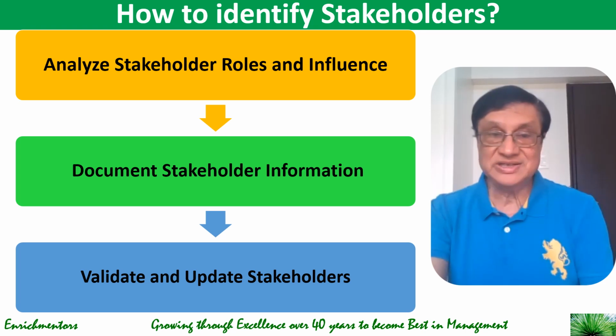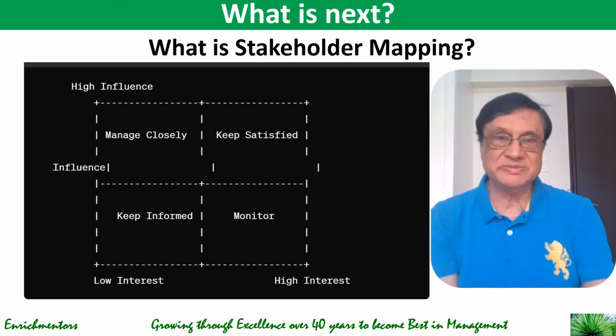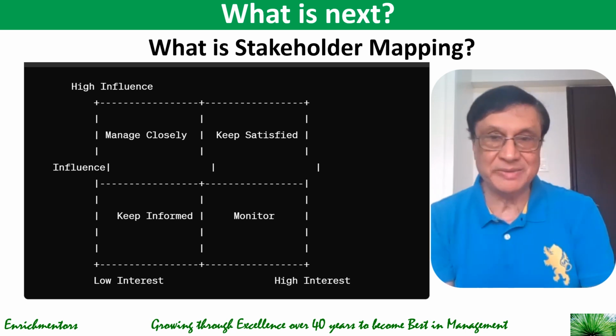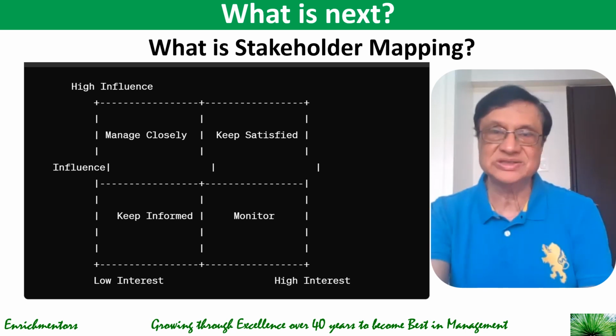So by following these steps, you can effectively identify and manage stakeholders, ensuring that their needs and expectations are considered throughout the project, leading to a higher likelihood of success. So that's the first step of identifying stakeholders. So what do we do next? We talked about stakeholder mapping, and you see a map diagrammatically shown here. So how to create that map, what is that mapping and how do you create that is the topic of